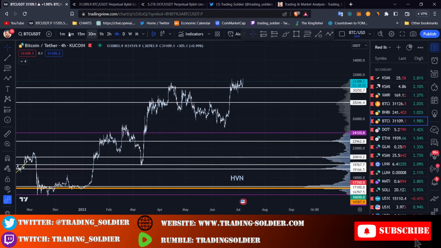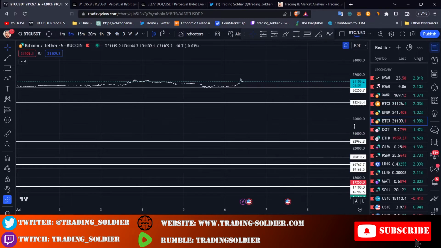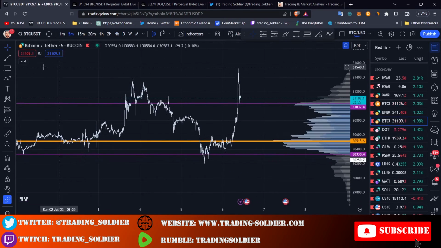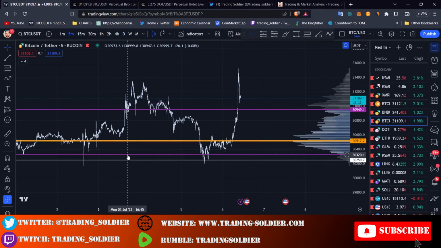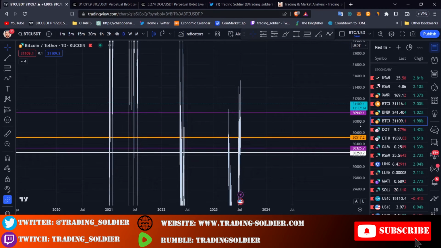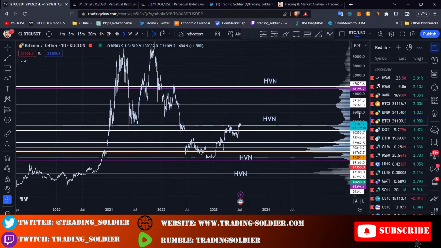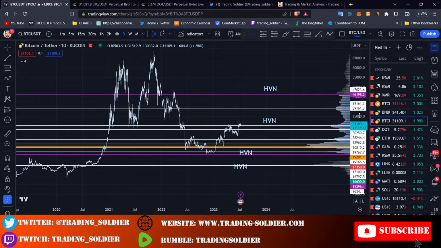You see, it's fractal. Also in the 5-minute chart, the price will do the same, okay, because this visible range volume profile is, let's say, fractal, because it's calculated by having in mind the volume and the price action, okay. So as you see here, where the price was in the low volume node, okay, it moves quick, okay. The same thing. We are going to return to the 4-hour, to the 1-day chart, okay. And also what you need to have in mind, the last 3 things that I want you to know, okay,